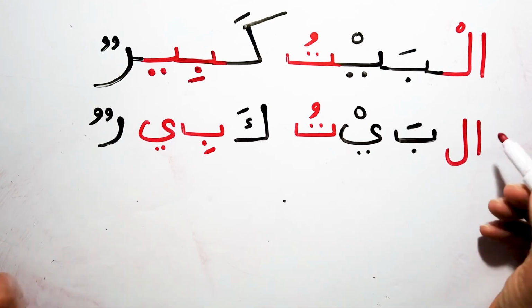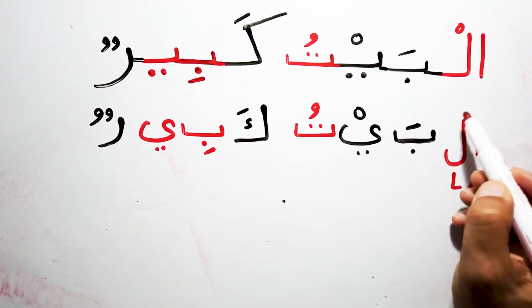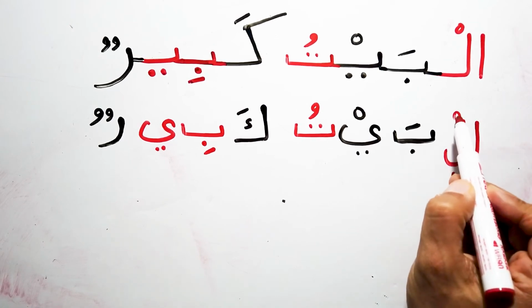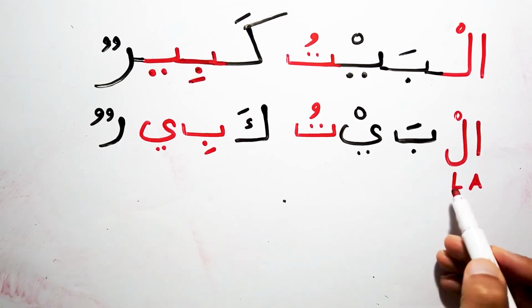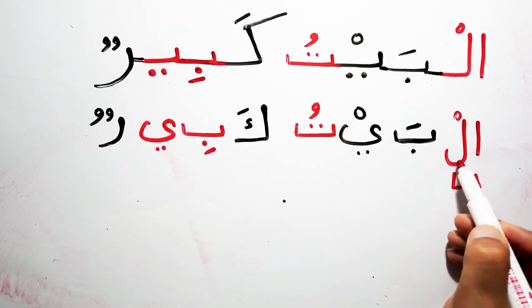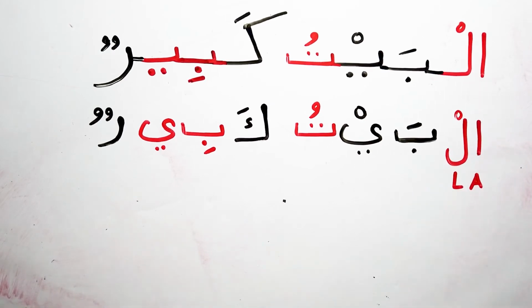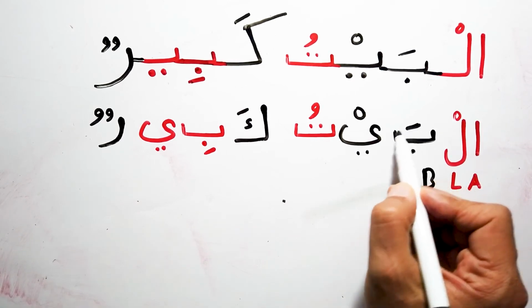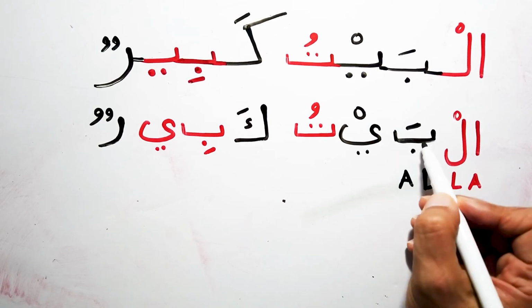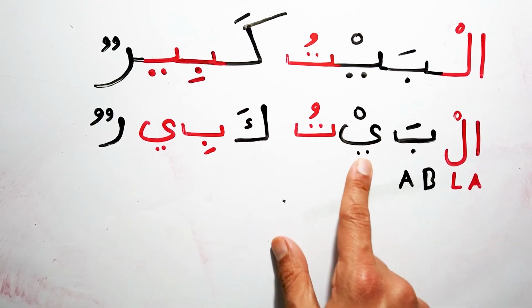Okay, so that one in the beginning sounds like A. This one sounds like L. And when we add this mark, which is sukun, I have to pause on the letter. So pay attention, I'm writing English from the right to the left. So I say L, L, L. Okay, so L. And then we have this letter that sounds like B in English. I have this mark on the top, so it sounds like A. So this letter sounds B with this mark. L, B.